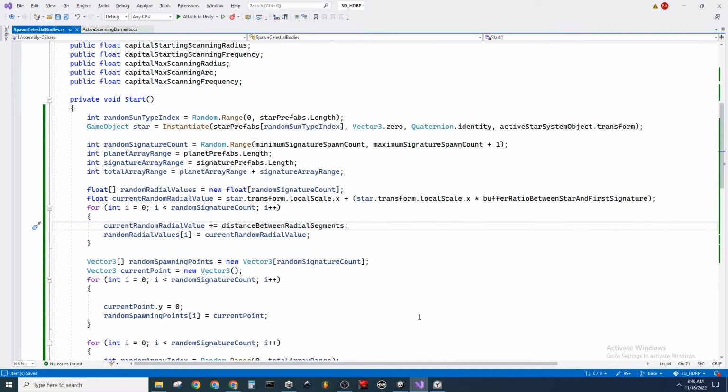Alright, and this is effectively going to determine our radius. Or more specifically, it's going to determine the distance from the sun. So now that I have an array of radials that match these spawning points count-wise,